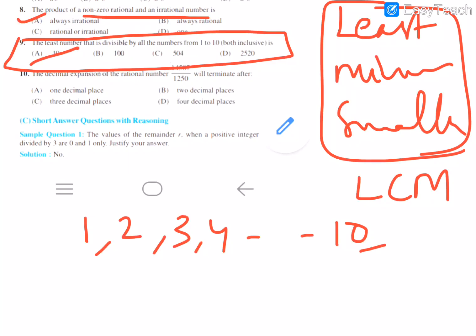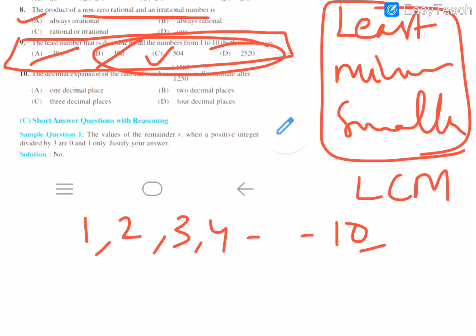So 10 नहीं है. And in these numbers you have to find out, instead of finding LCM, the best technique is to find out which number is multiplied by all the numbers. For example, 100 doesn't come in 3 table. 3 table में 100 नहीं आता, इसलिए 100 नहीं है. So 1 to 10 का LCM 504 or 2520. 504 and 2520 are both multiples only. So the least one they're asking, so 504. Otherwise, if you are interested, you can find the LCM.